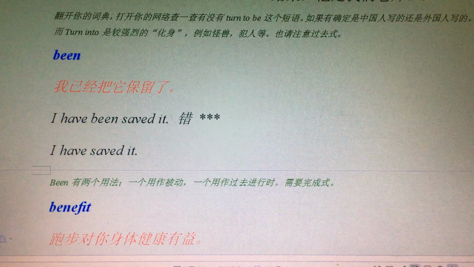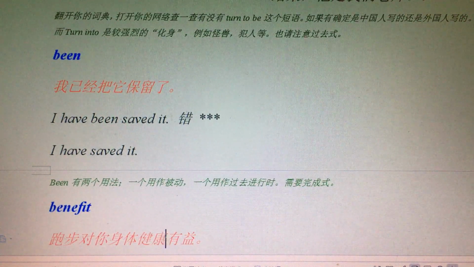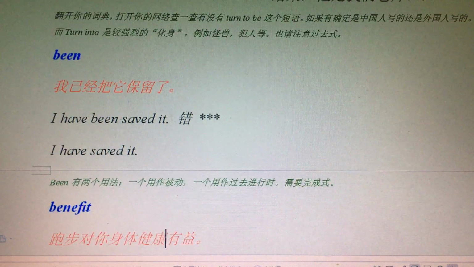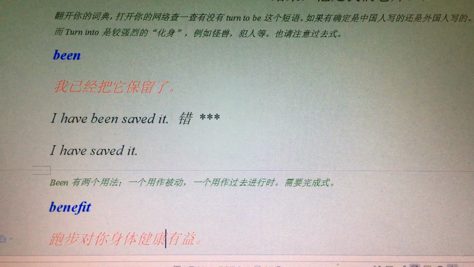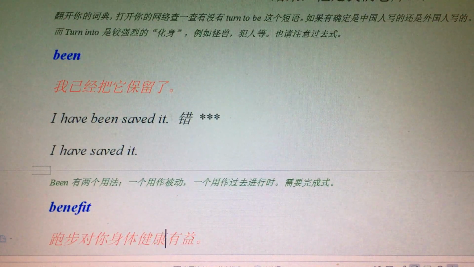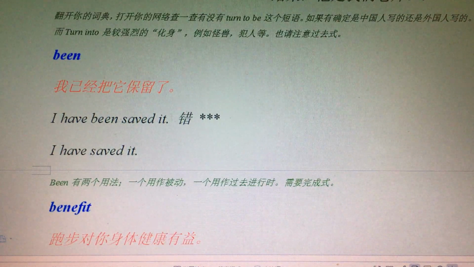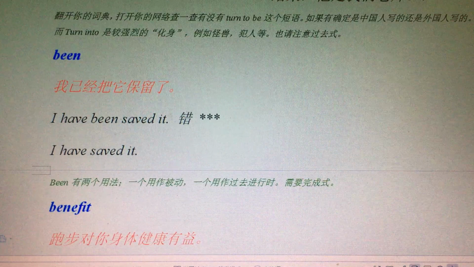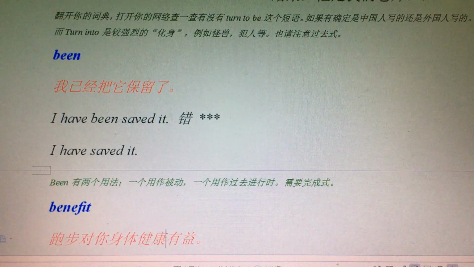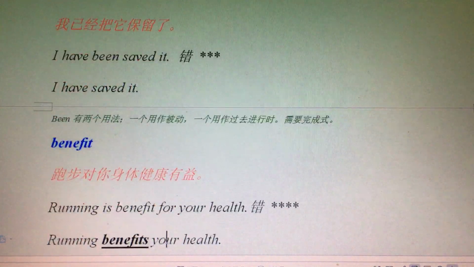Maybe that's where people make the mistake. I think people make the mistake either because of "I have done," "I have been," "I have gone." And they remember that, and then when they say "saved," they just kind of say both "been" and "saved." They say 2 verbs. Or they forgot what "been" means. Maybe they just throw it in there because they had it in there before, like I said about the other one. All right, let's look at the last one.